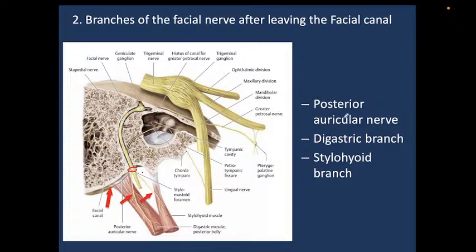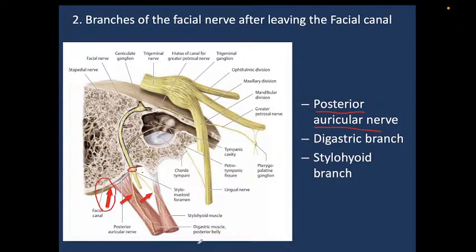What kind of nerve are we talking about now? This is the posterior auricular nerve. It follows to the muscles of our auricula, and to the occipital belly of the